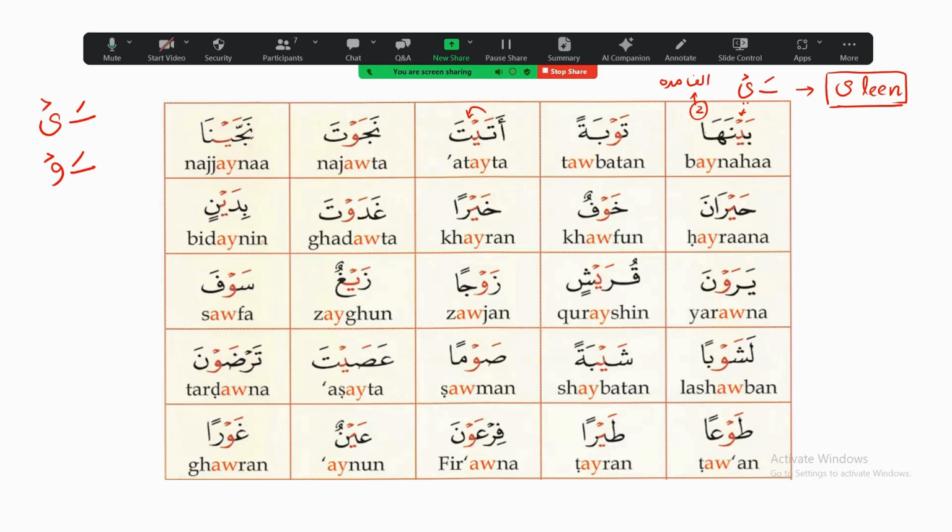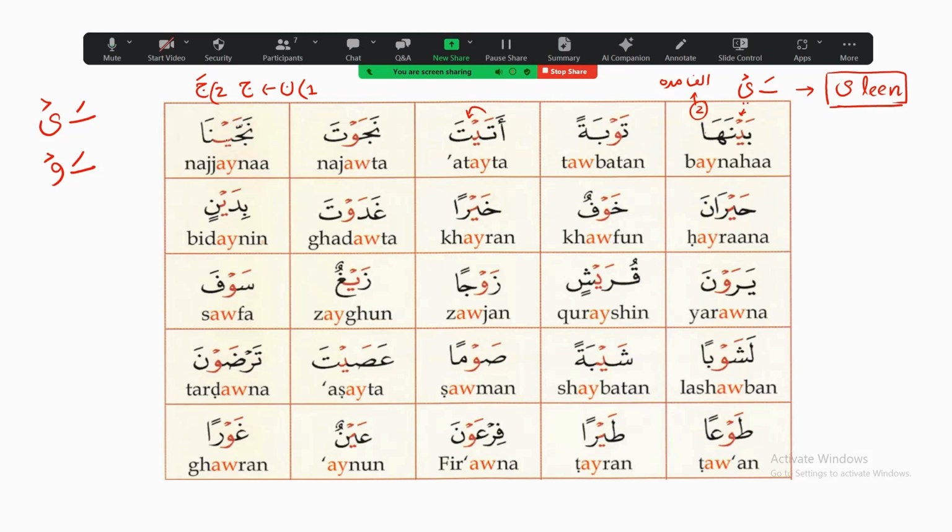So the next one is najjaina, na for one count, and then joining with the jim because of this symbol, which is the symbol of tashdid. So we double the sound of this symbol by joining it with the previous letter for once, right? So we say naj one time, and the sound of ja, again repeating the sound of ja. So we say this like joining noon with jim first, and then jim sound with a fatha. So this is the two steps for tashdid here. So najja,